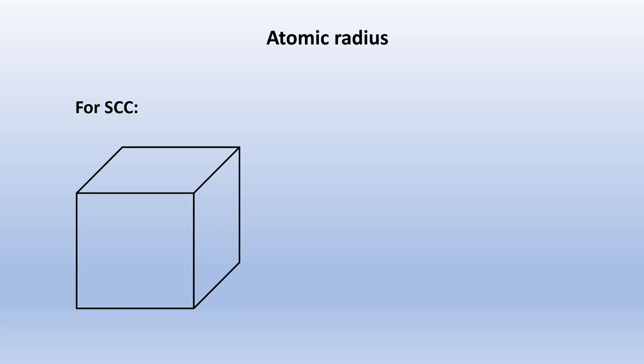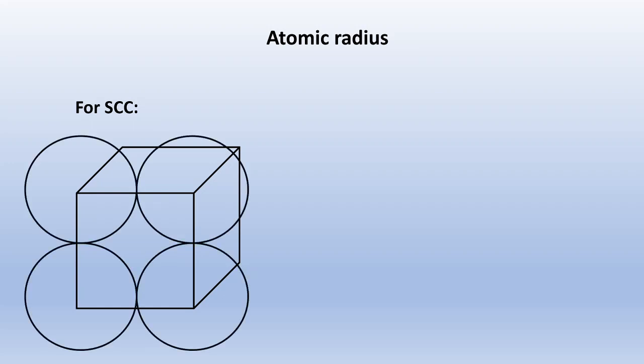Let's suppose there is a cube and the atoms present in this are placed in simple cubic manner. That is, atoms are present at the corners and not anywhere else. Now let's suppose we are looking at these two atoms present on a straight line, or on the edge of the cube. Now we know that the side of the cube is A,